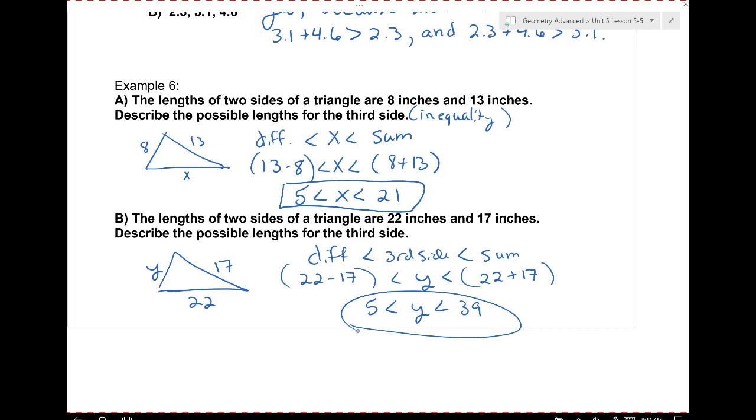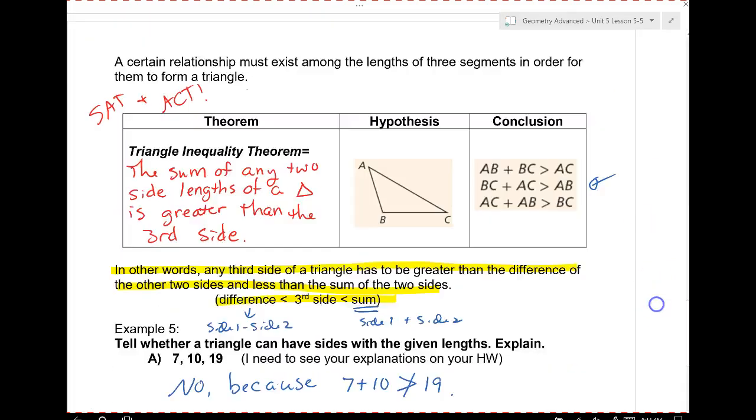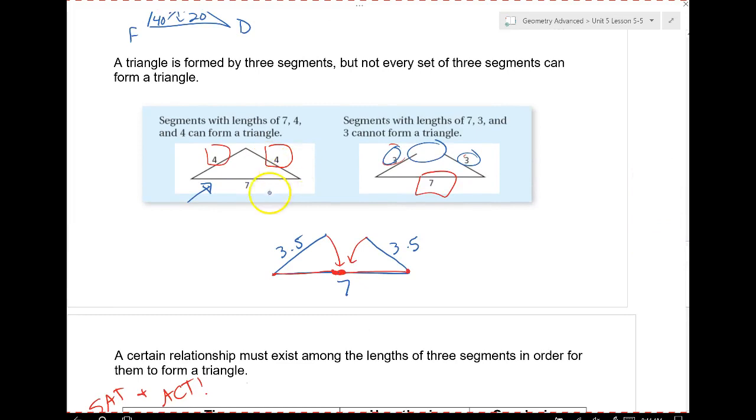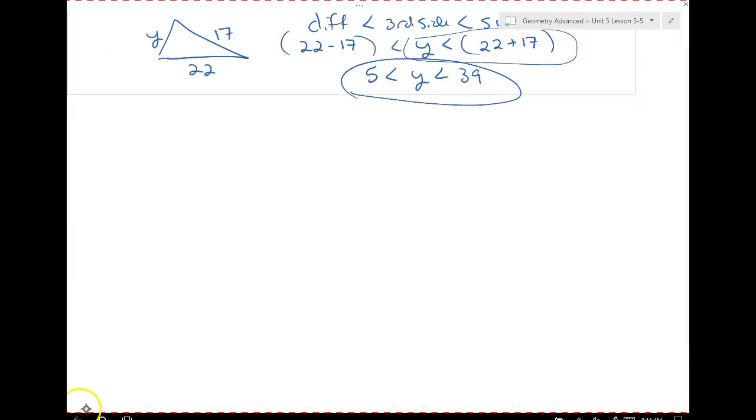Why do we have to add for these ones that have to be greater? Because that's actually using this part right here. That's the triangle inequality theorem. Any two sides have to add to be greater than the third, right? Because remember, going back to this, if they're not greater than that, I can't make a triangle, right? So it's using that triangle inequality theorem. All right, so guys, with this one, we're going to